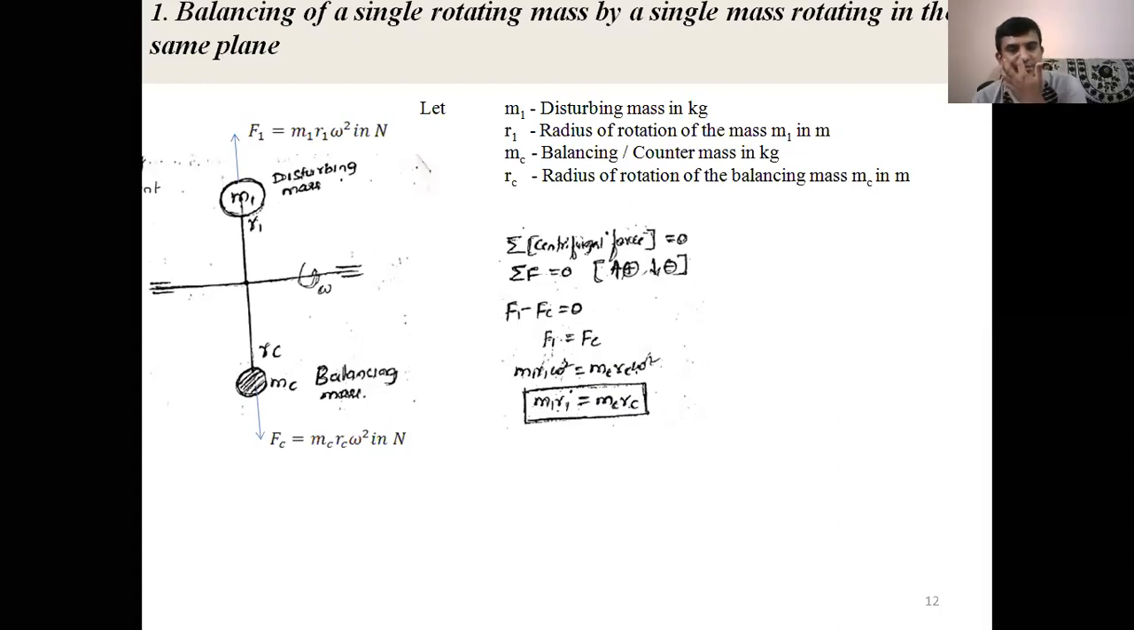Okay. Now what is the statement? M1 R1 is equal to MC RC. M1 R1 we already know, the distance